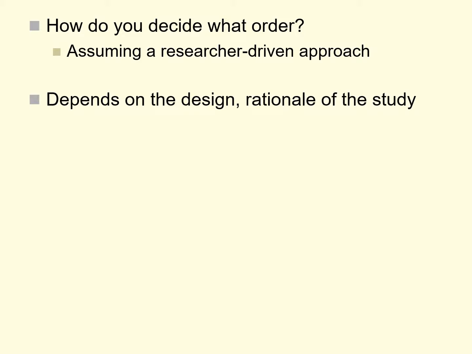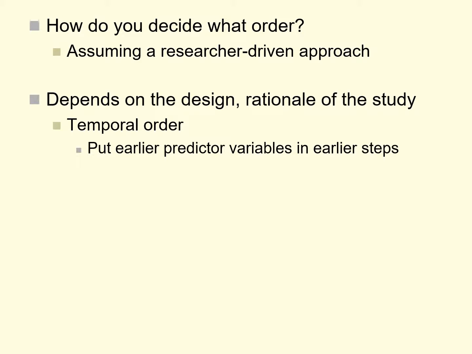It really depends, like so many things in statistics, on your research design, on the rationale for your study. Sometimes, if you have predictor variables that have a natural temporal order with each other, you might choose to put earlier predictor variables into earlier steps and later predictor variables into later steps of a model. That's possible to do, assuming those variables aren't dependent with one another. You might choose to enter the old ones in the first step and the newer ones in the second step,